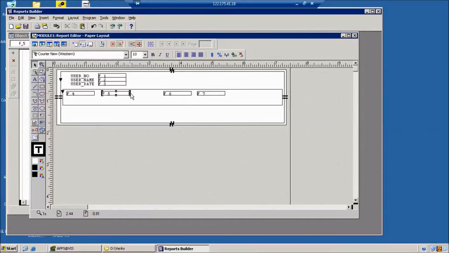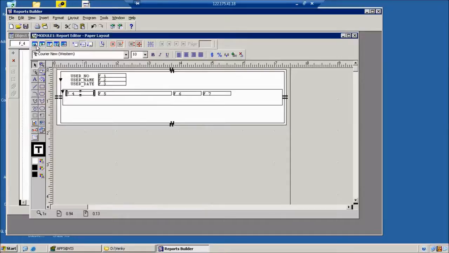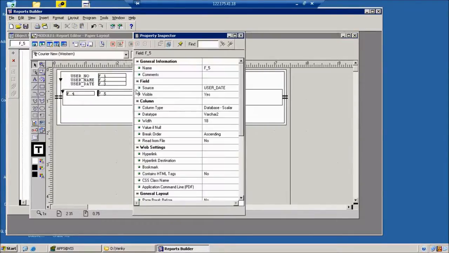This is the responsibility name. That is the reason I want to choose a large field. Better to choose large, then only it is compatible, right? Next go to set the fields. This one is responsibility number or ID. Okay, not a problem. Then next it is responsibility name and responsibility